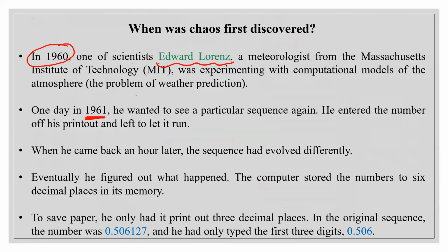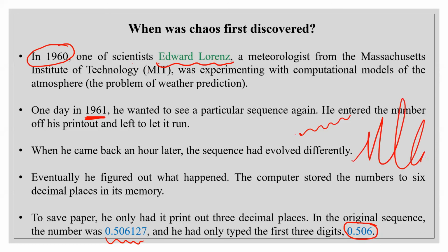So instead of typing the full number, he just wrote, what if I neglect these 3 digits, it is not a big deal. So he put just these 3 digits instead of these 6 digits after the decimal. What he saw was that the system gave a very different result than before. Before, it was giving a very stable type of thing. And when he put only these 3 digits, the system became chaotic. It was going like anything.